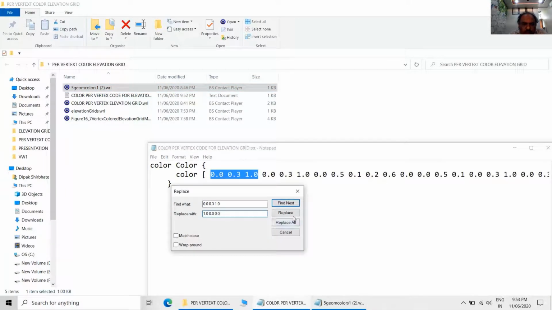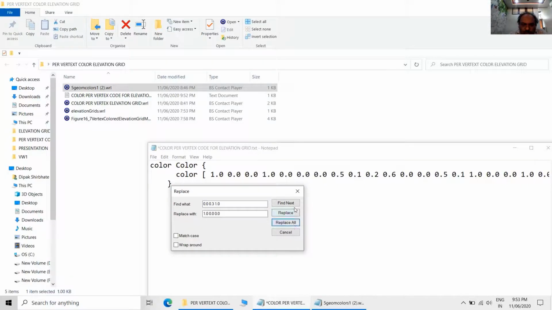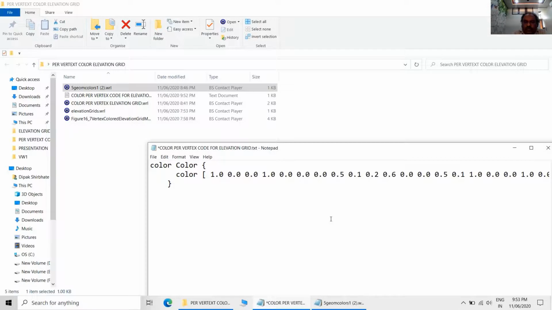So we will replace these values, and you can use replace all also. This will speed up the operation.